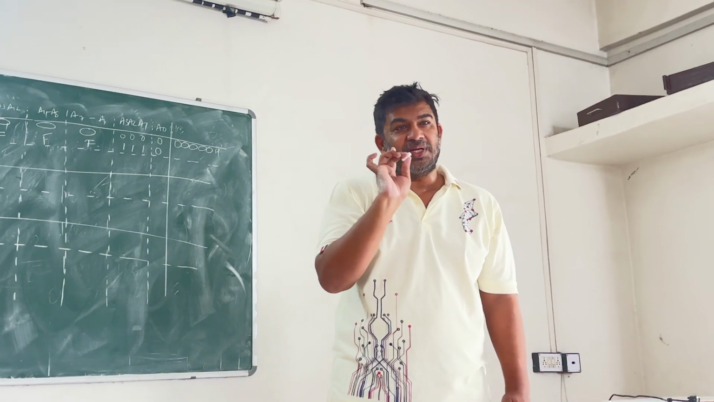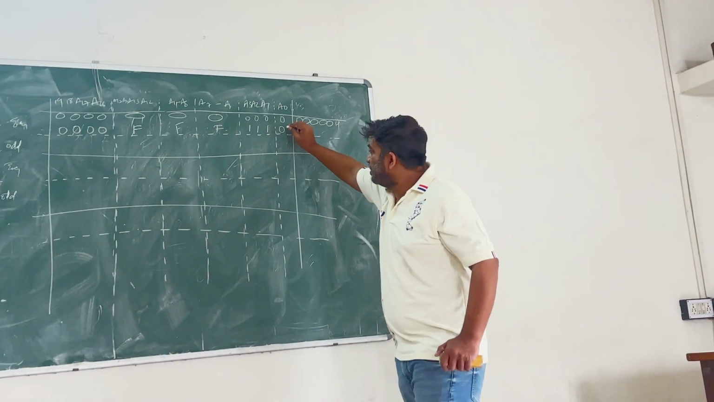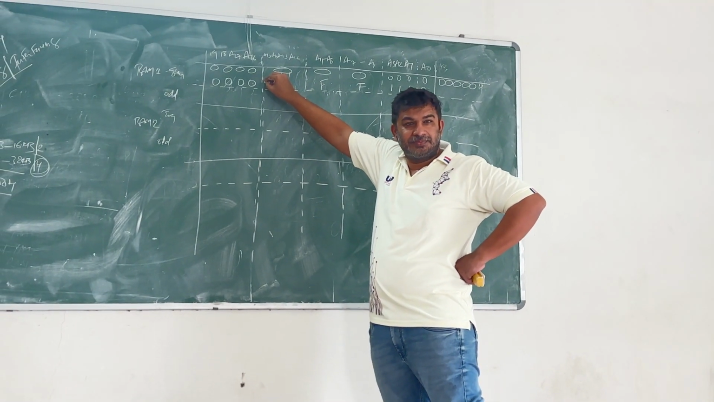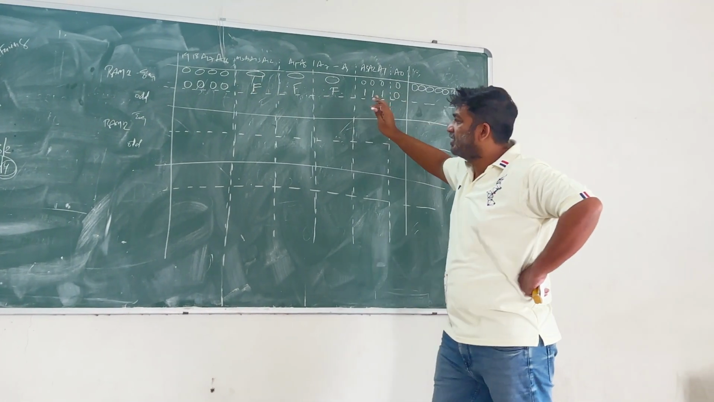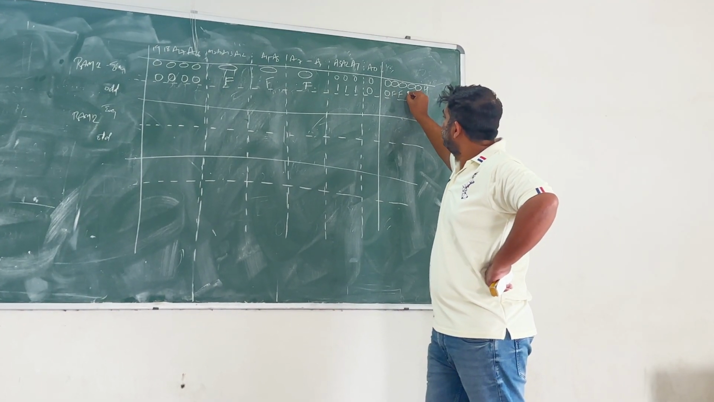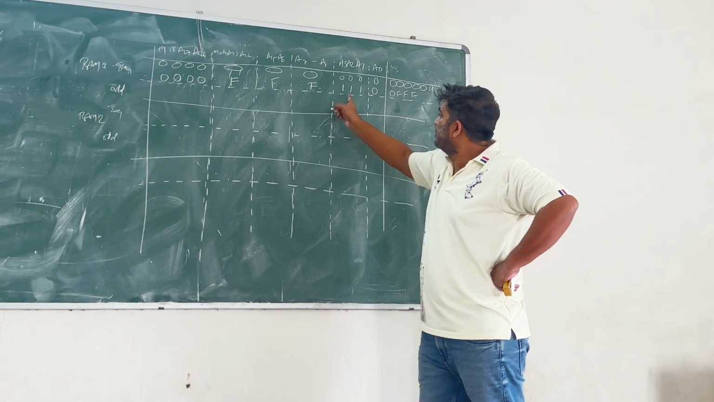All other lines will remain intact. A0 remains 0. I have changed A1 to A15. Understand? All other lines will be as they are. So now my number is 0, F, F, F, and this one is